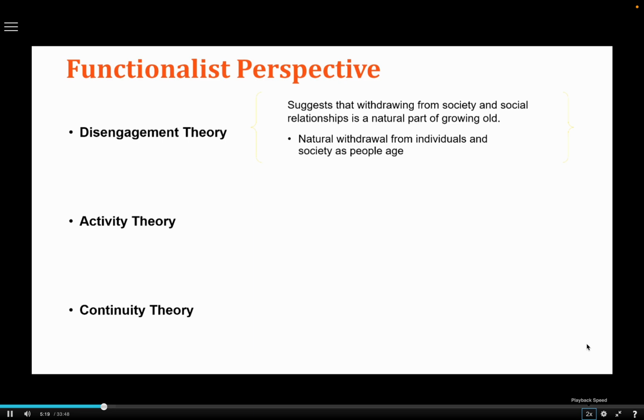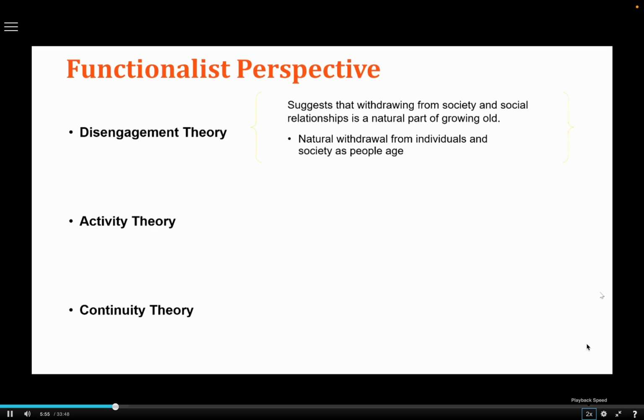And as you can guess, this is a generalizing view towards aging, and the criticisms of disengagement theory have been focused on that: not every senior around the world experiences withdrawal or experiences growing older the same way. So disengagement theory has been criticized for that, even within functionalist theorists. And activity